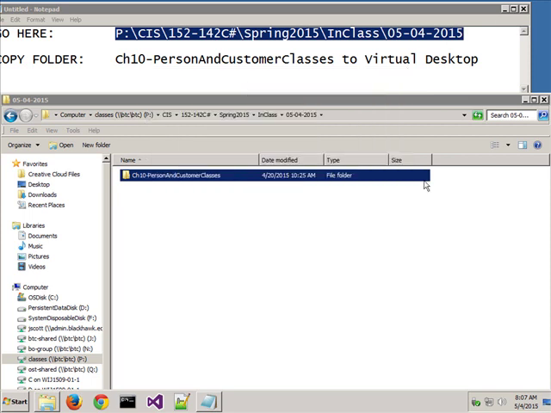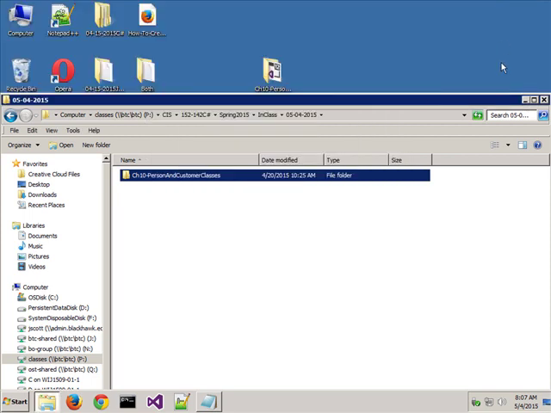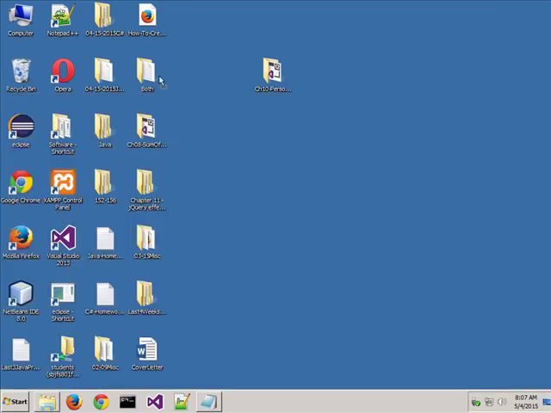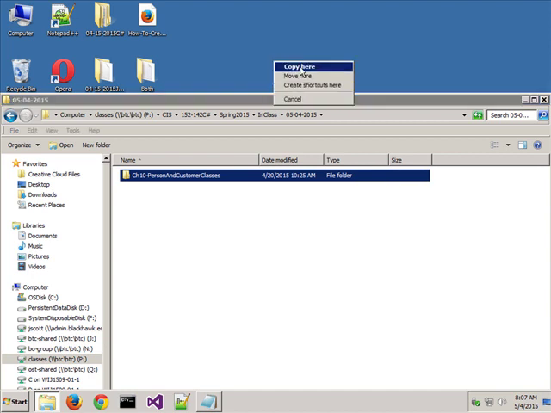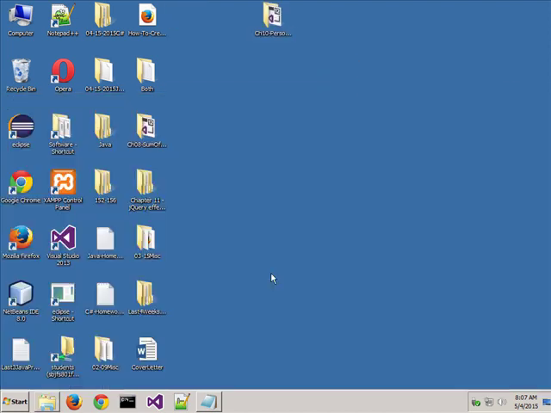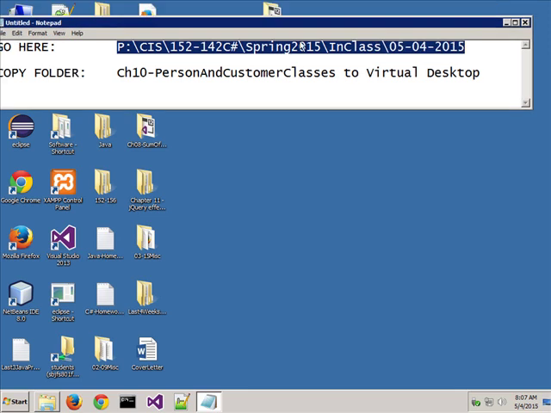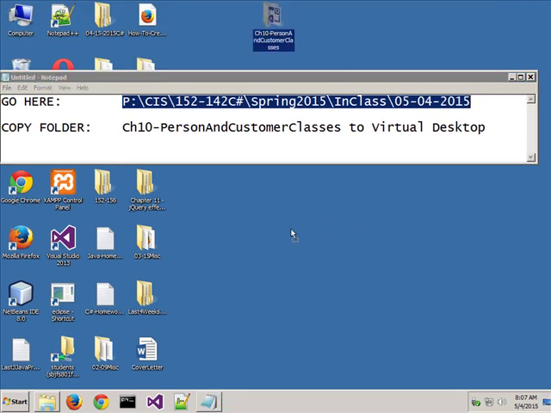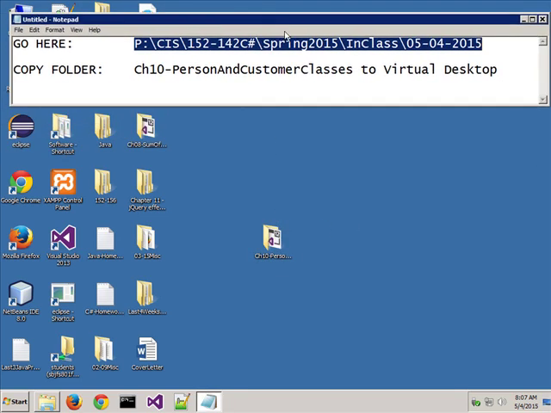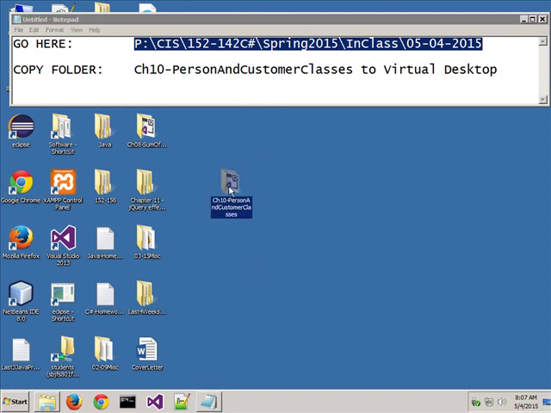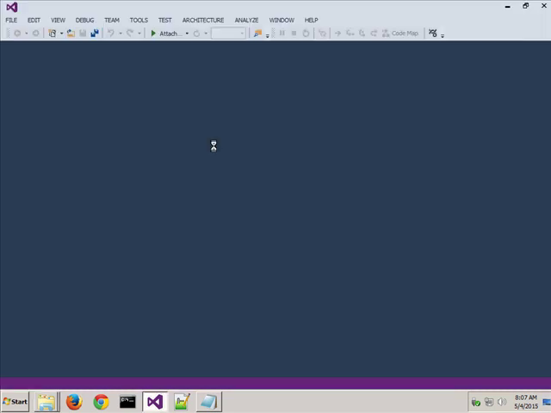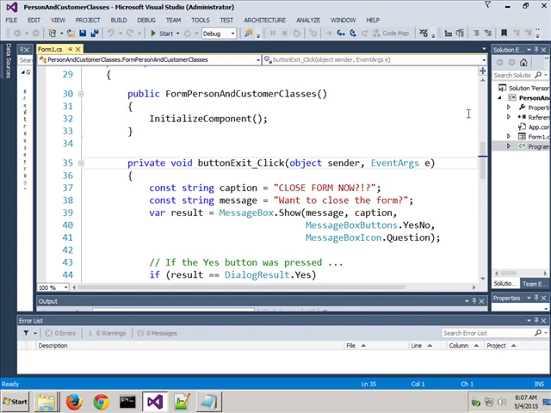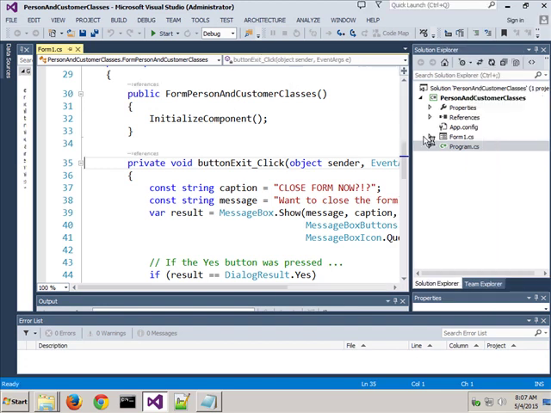Yeah, it says I already have one, so let me remove the one I have. Copy it there. And there it is. Alright. And what this has in it, if I double click on it to bring it up, is it's got a start. In other words, the interface has been built on here. So if I bring it up here,